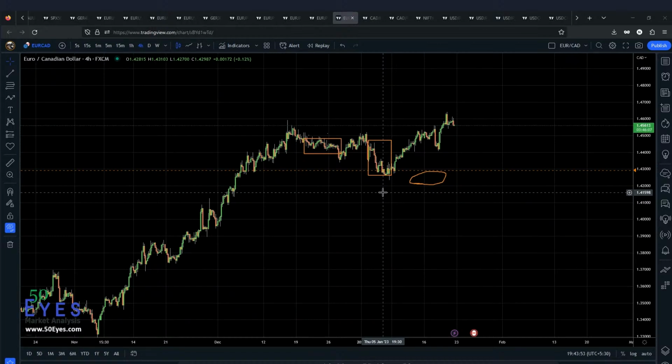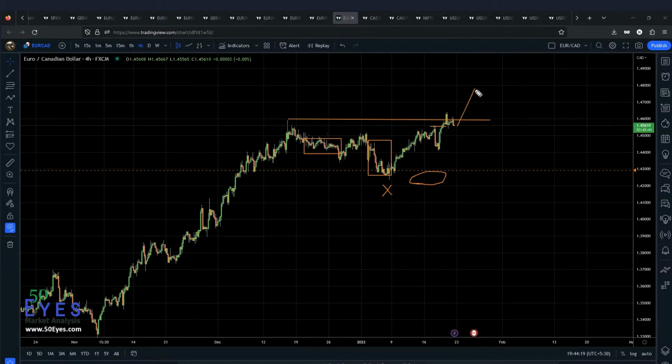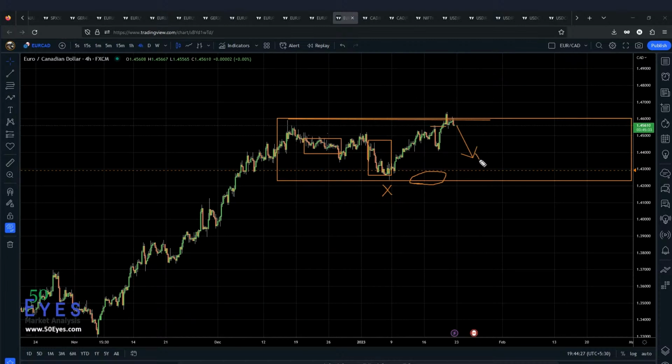All right. So at this point in time, our analysis suggested that this possibly looks like a wave X complete here, and that generally suggests that if that's the case, then it should take out the last high. So it has done that, and our short-term setup was that if the market goes above this level, then we can have short-term longs. Right? There were no clear targets that I had given because it could also either go up, or secondly, it could just go sideways back again within this range